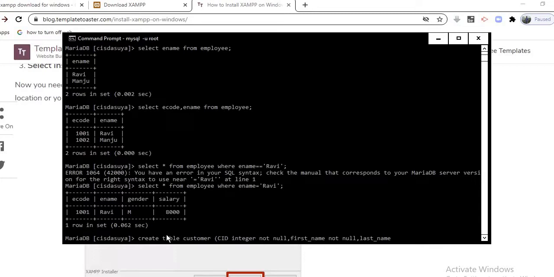First we need to mention the data type, and then the data type of last name.